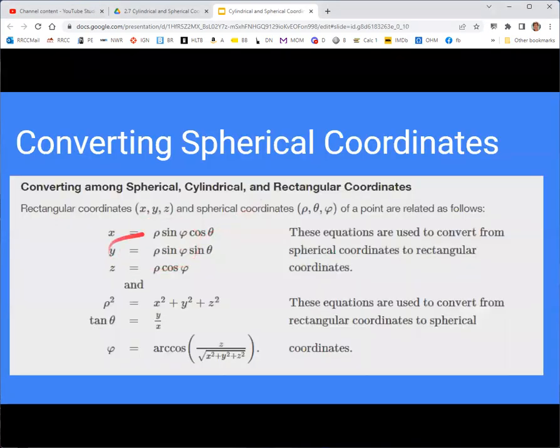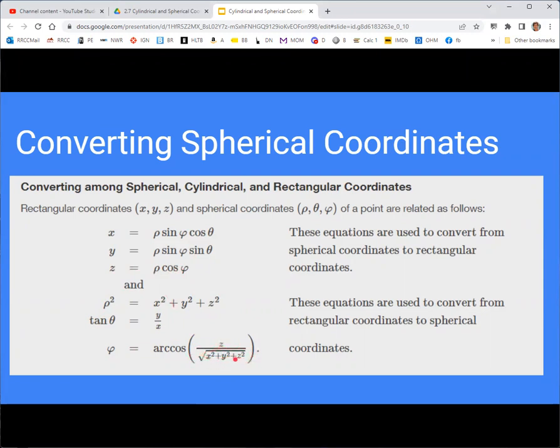So that gives you these equations. Rho in terms of x, y, and z is just the three-dimensional distance equation. And then remember, theta is the same theta, so tangent of theta is still y over x. And then this one looks complicated, but it's really just inverting this equation. So solving for phi here,